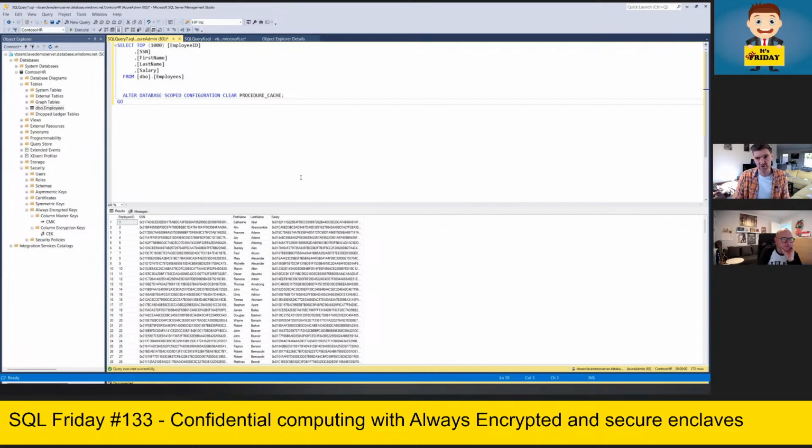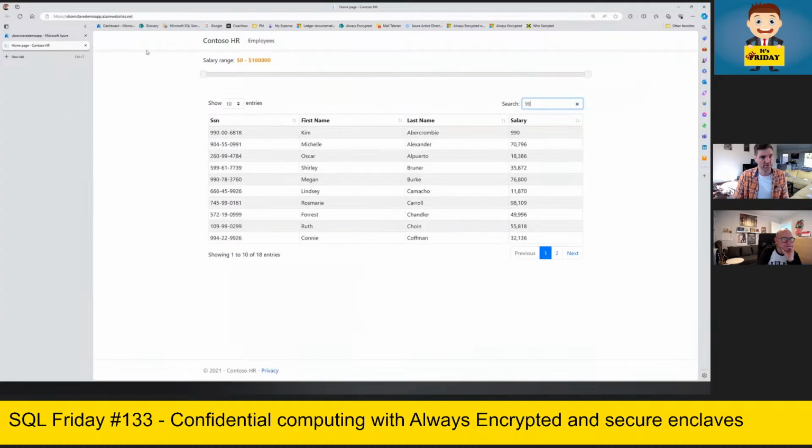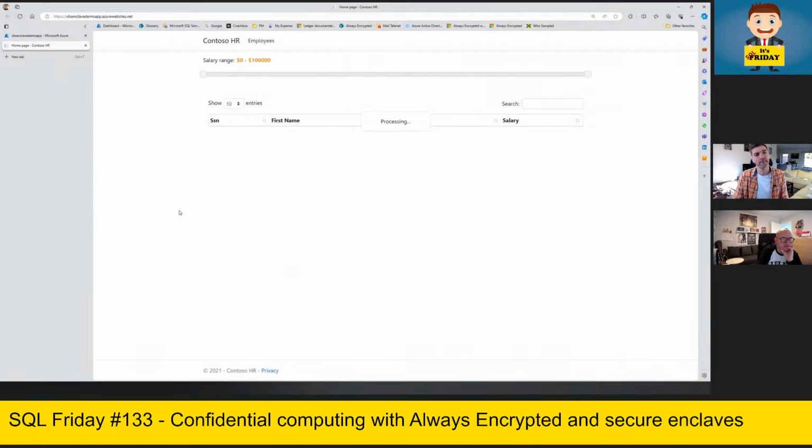If I go back to my application now and do a refresh here, just give me a couple of seconds because it needs to reload all the information. There we go.